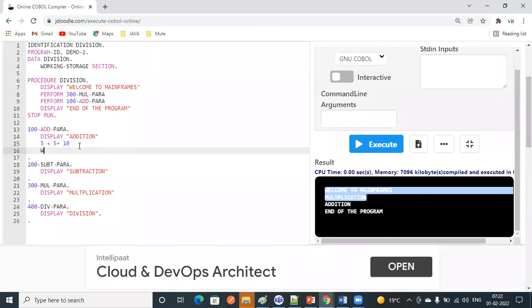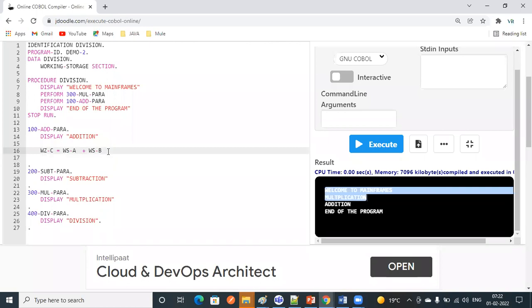I'm going to use WSA for one variable, and WSB for one variable. I'm going to take two variables over here and store the output into WSC. WSC equal to A plus B.